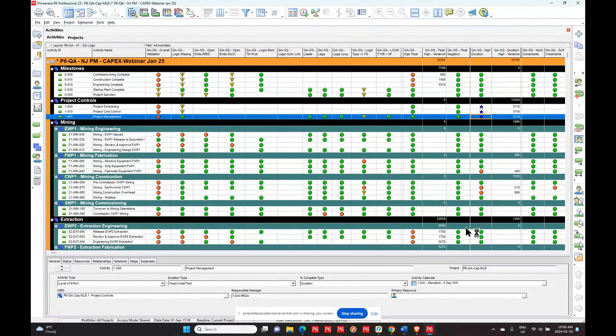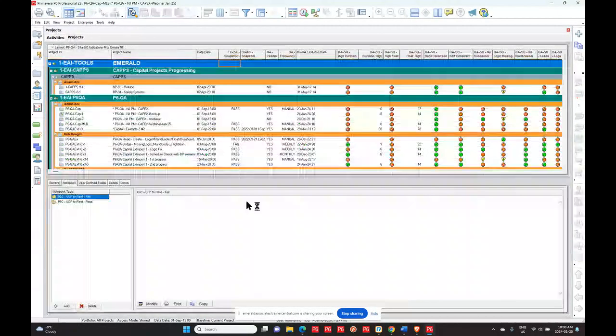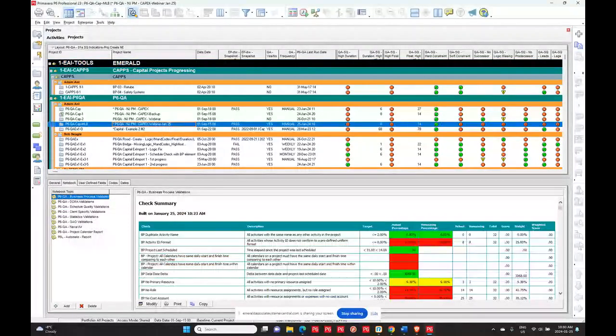So in that case, if I'm looking at my report, high duration, and then I flag these, it's going to take them out of being reported as high duration in the report. You'll still see the blue stars there, so you'll know it's something you checked. So at that point, all I need to do is go back to activities, and I could run this again. Now, if I look at